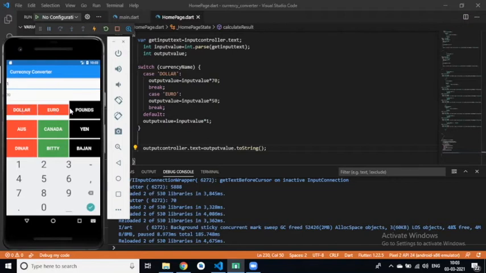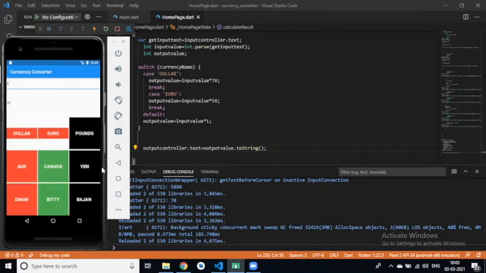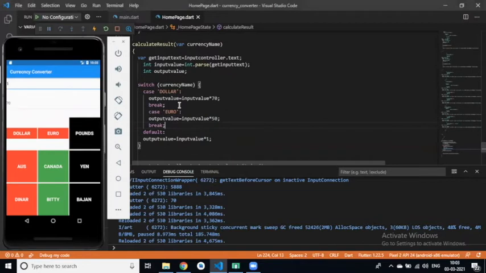Did you understand, Roshan? Same like this we can perform for all the buttons: pounds, Australian, Canada, yen, dinar, and so on, right? You can do it now. Roshan, now you can complete this application by yourself. We have already done all the things. It is simple copy and paste of the cases, right? Can you try now?